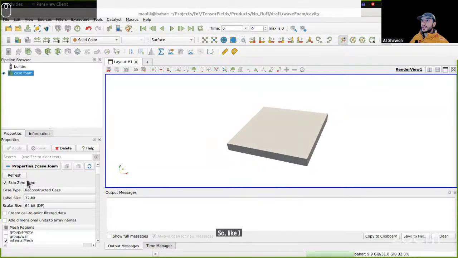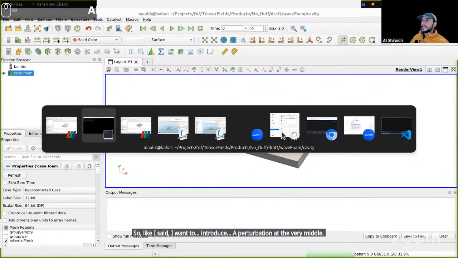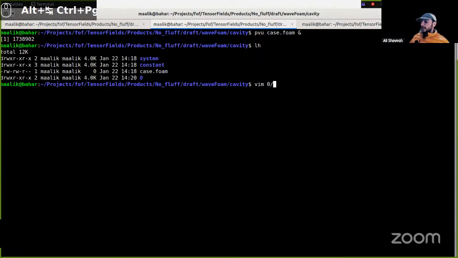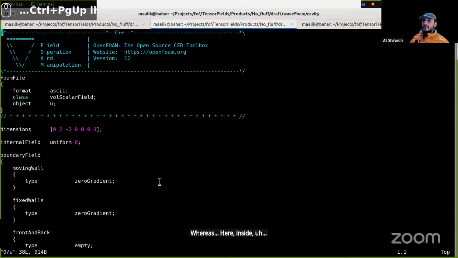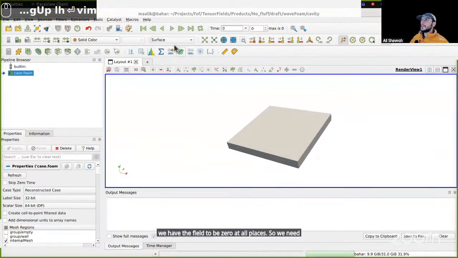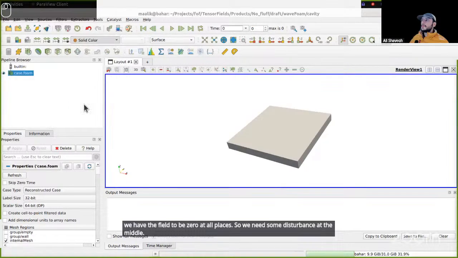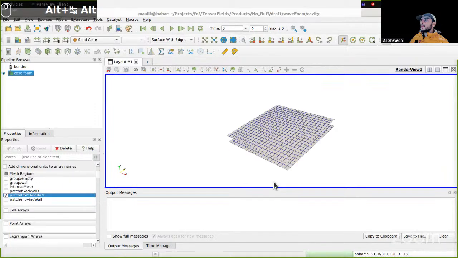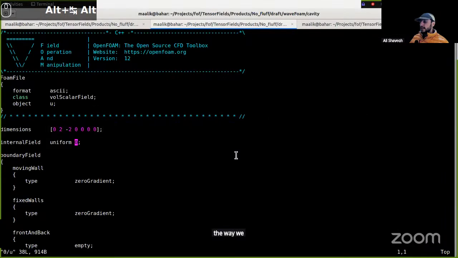Like I said, I want to introduce a perturbation at the very middle, whereas here inside U, we have the field to be zero at all places. So we need some disturbance at the middle. The way we introduce that disturbance is